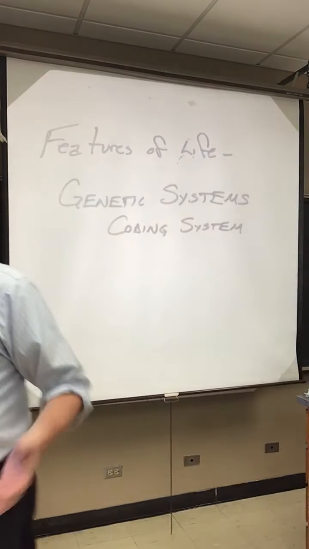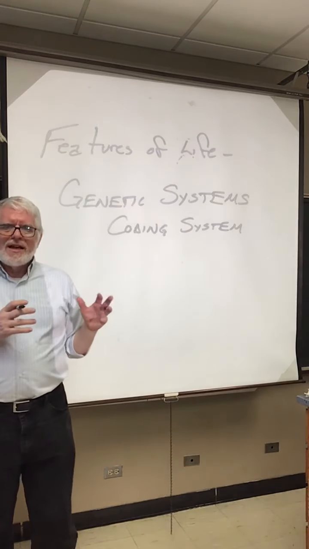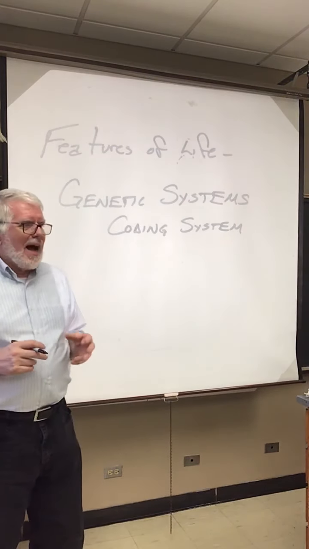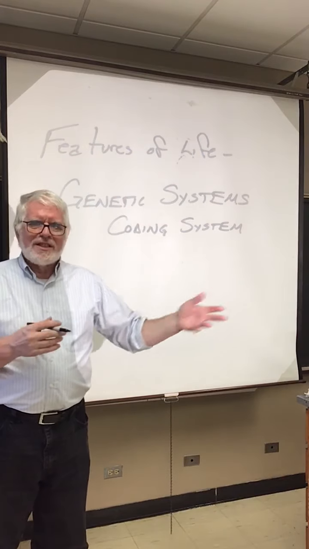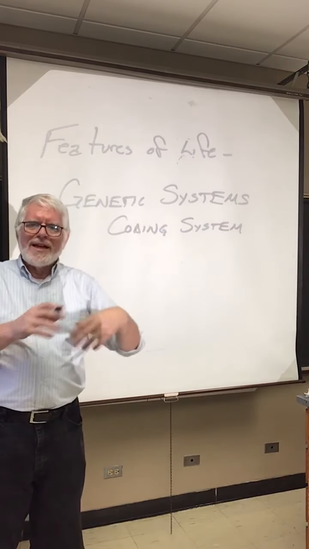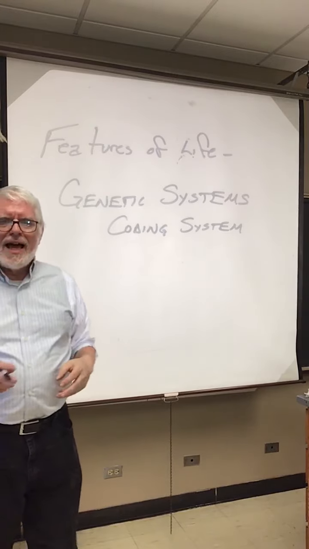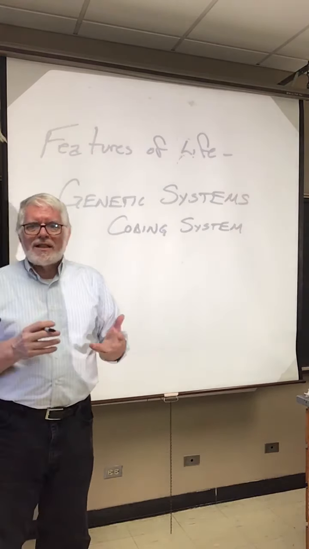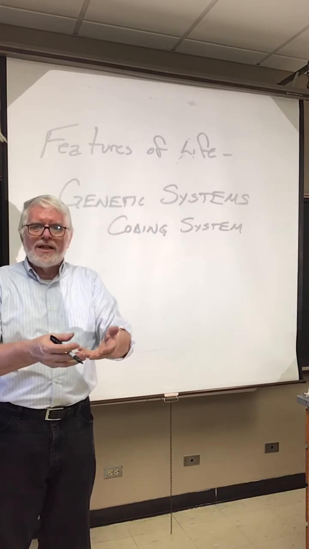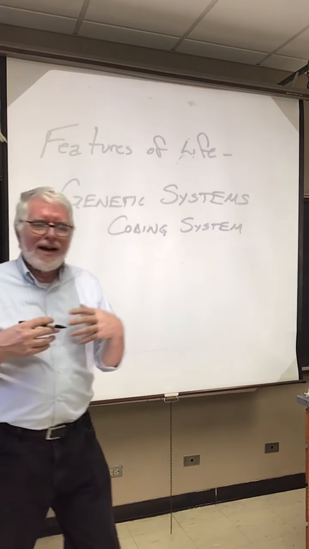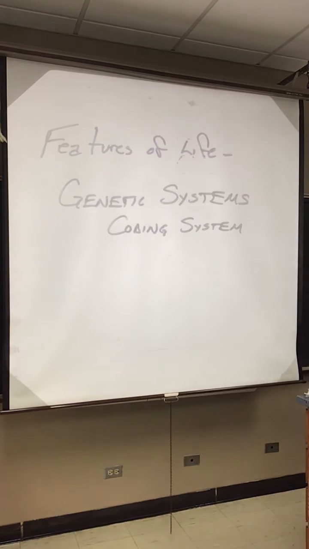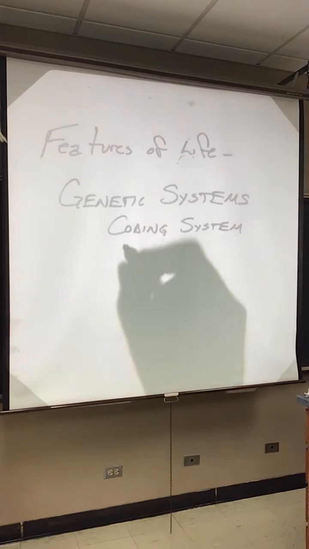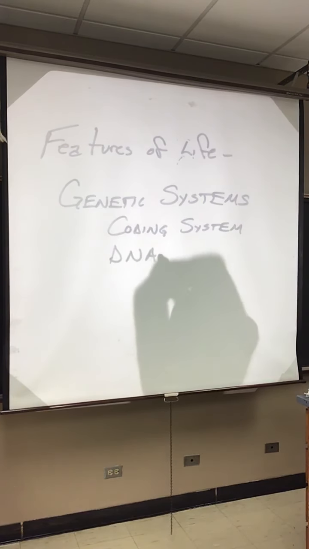You need a coding system. You need an information carrying system. So a computer is a genetic system. You can pass software off and reproduce it somewhere else and make that computer do what this computer can do. And that's basically what a coding system is. Here's the information you need to be like me. And so it's part and parcel of reproduction, which we're gonna get to a little bit farther down the list. In our case, on our planet,